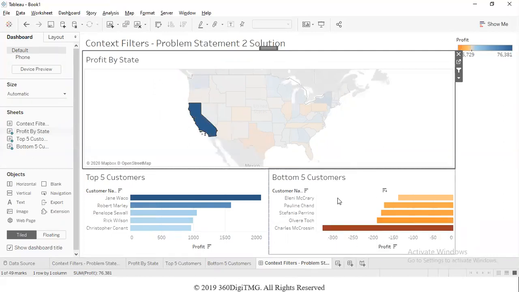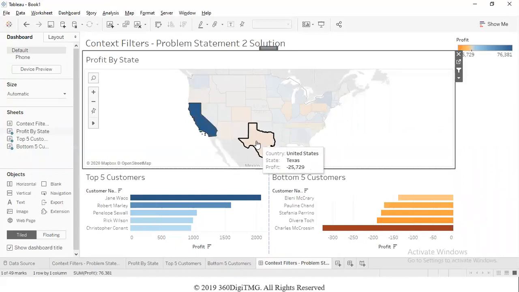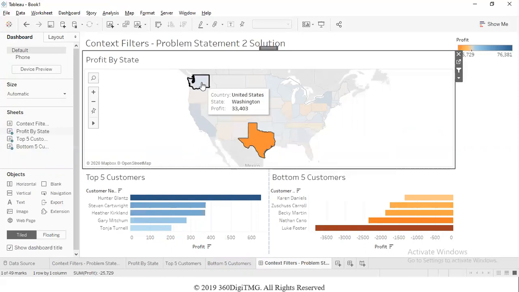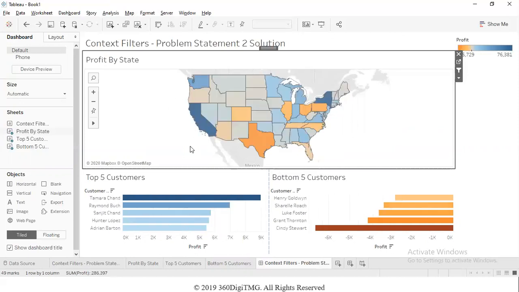The bottom 5 list is refreshed, showing us the bottom 5 customers who belong to the state of California. Similarly, Texas or any other state that you select, you will get a refreshed list of top and bottom 5 from that state. And when you clear the selection, which means when we do not select any particular state, then we are back to the original top 5 and bottom 5 customers for the entire business of Superstore.